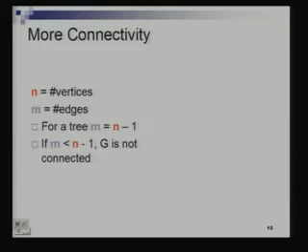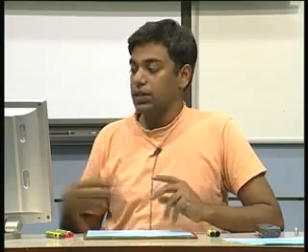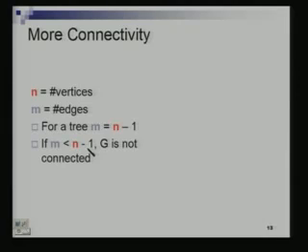So, if the number of edges is less than n minus 1 in a graph, then the graph cannot be connected at all. Why? This statement, if the number of edges is less than n minus 1, then the graph is not connected. Right. So, proof by contradiction. Okay. So, suppose it is connected. If it is connected, then